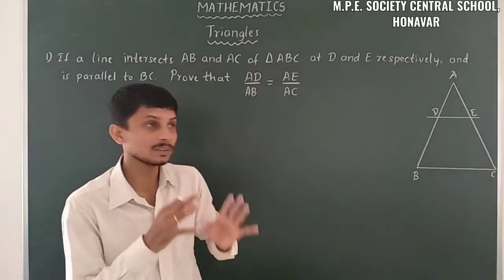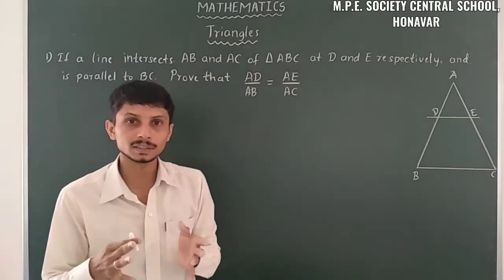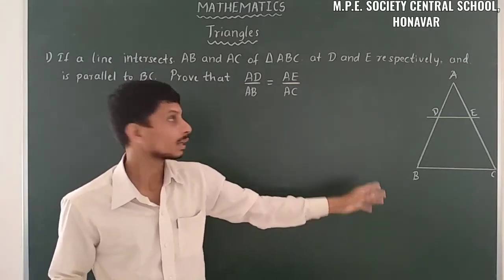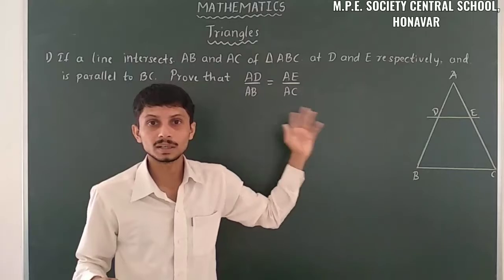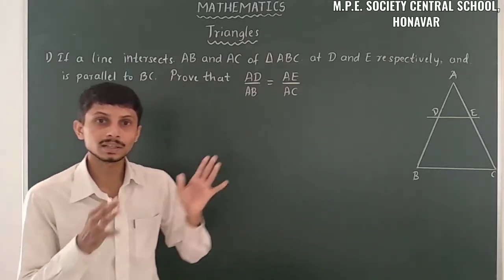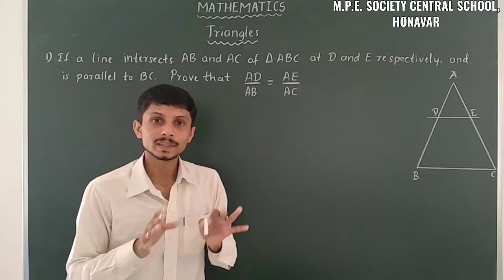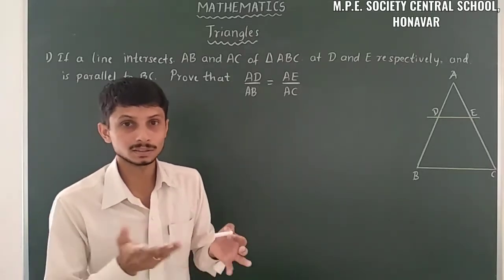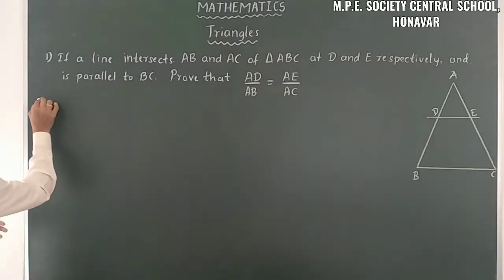So firstly we have to take the condition. After that we have to do some operations in that equation, so that we can get AB and AC in the denominator in the respective places. Firstly we have to write what the given terms are, what we have to prove, and what construction we can do. Yes, firstly I will write the given things.